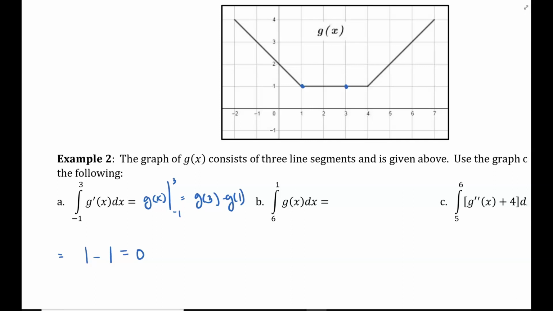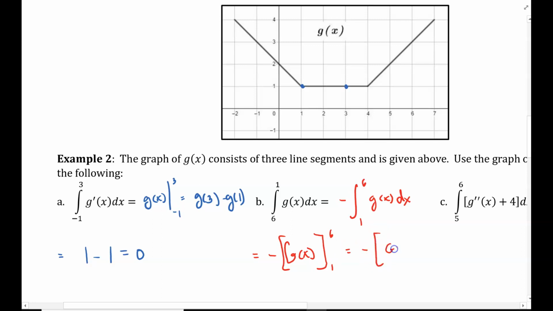Let's look at B. The integral from 6 to 1 of g of x dx. Well, I'm going to go ahead and fix my limit of integration. This is the integral from 1 to 6 of g of x dx. And if we do this correctly, we get negative capital G of x evaluated from 1 to 6. Now, I could go ahead and plug in the 6, capital G of 6 minus G of 1,